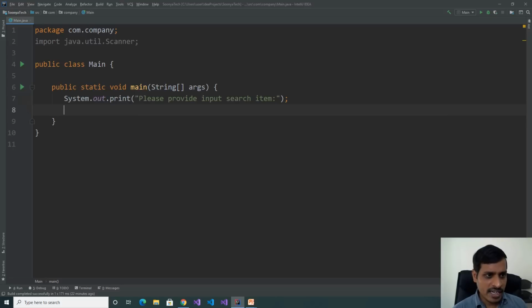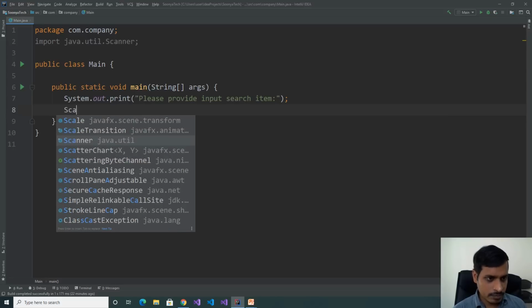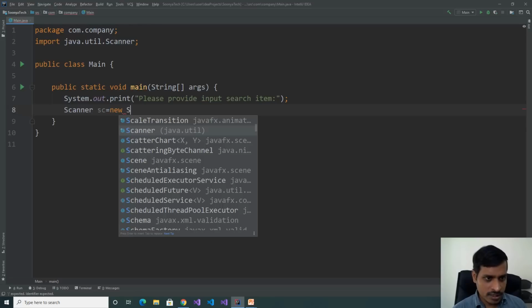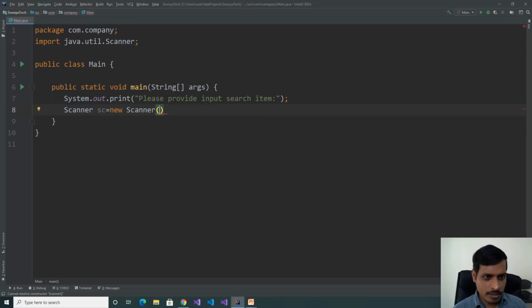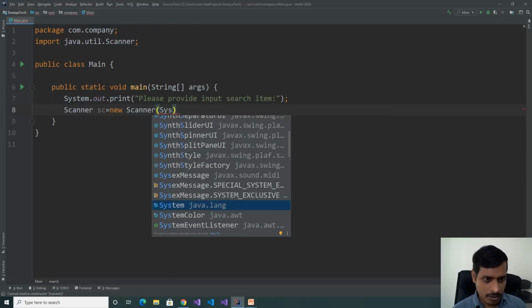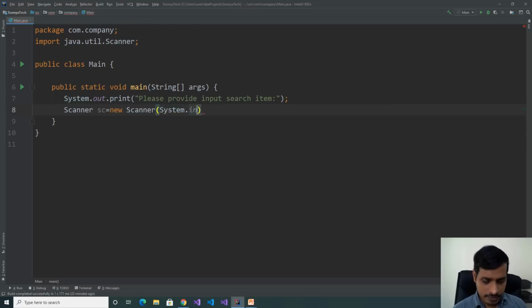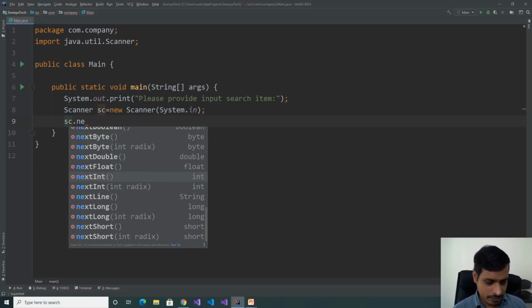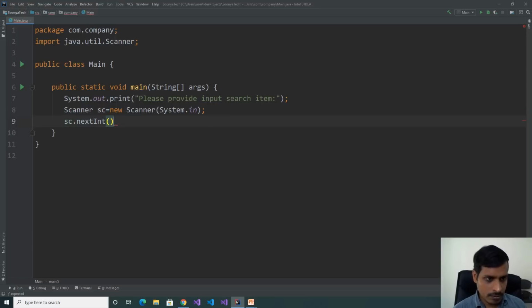Create an object for the Scanner class: Scanner sc = new Scanner, and pass System.in. Invoke the nextInt method, sc.nextInt, and assign it to an integer variable.